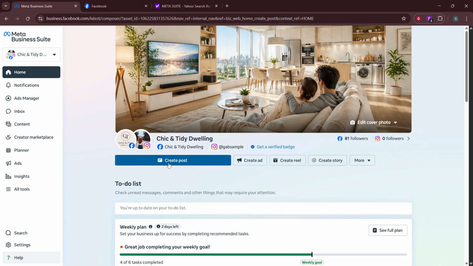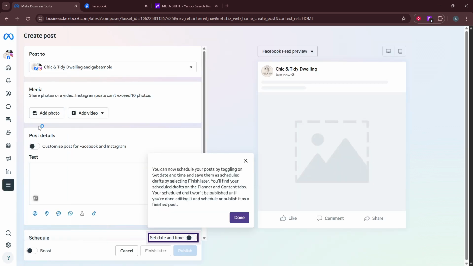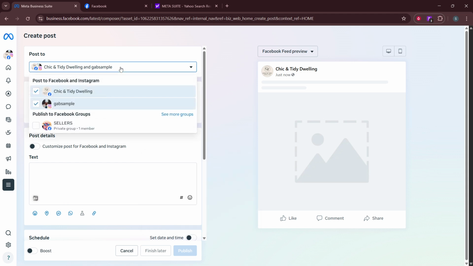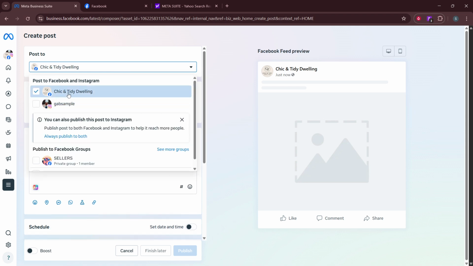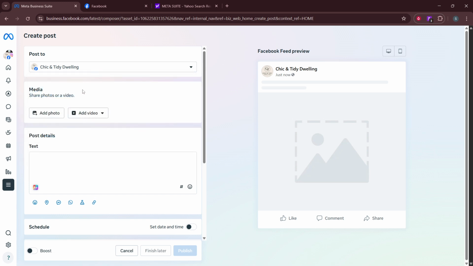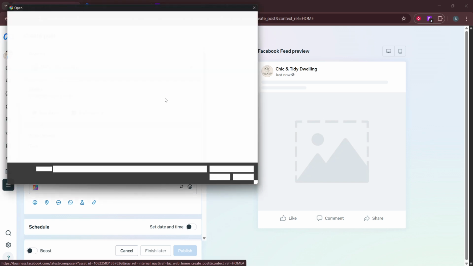Inside Business Suite, select Create Post. This opens the Post Composer where you'll build your content. Write your post text clearly and concisely. If you're adding media, choose a photo or video that fits your message and looks good in the feed. Double-check any links to make sure they work. And consider a short call to action if that suits your goal. Keep accessibility in mind by adding alt text for images when possible and ensuring your video has captions.